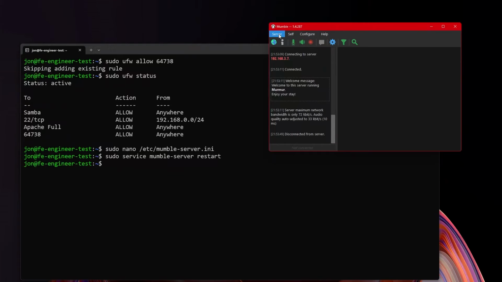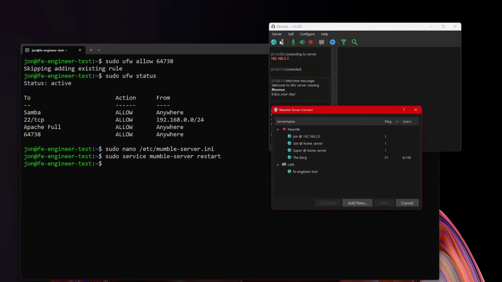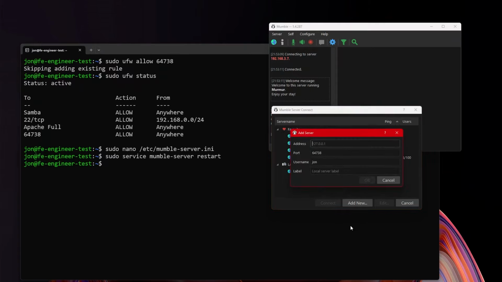Coming over here to Mumble, we're going to go ahead and connect. And you can connect just by clicking on the server, and the drop-down will have a connect button. And you'll see that it's already picked it up on my LAN, which is interesting. My other ones, it doesn't pick up on the LAN. But if it doesn't pick it up through the LAN, you can just click on the add new, put in your server IP,